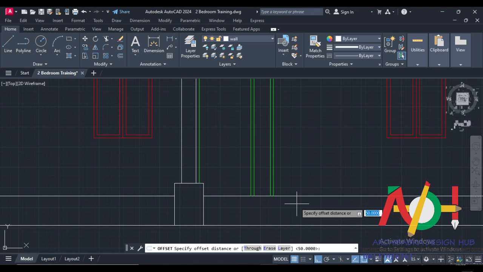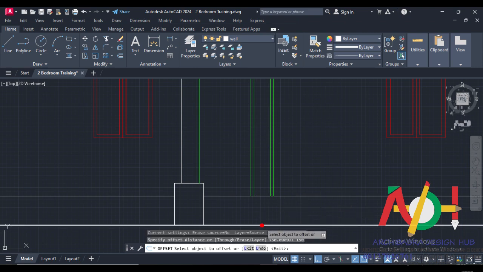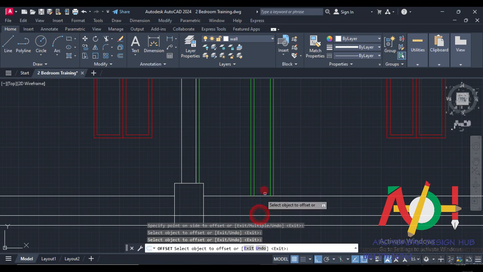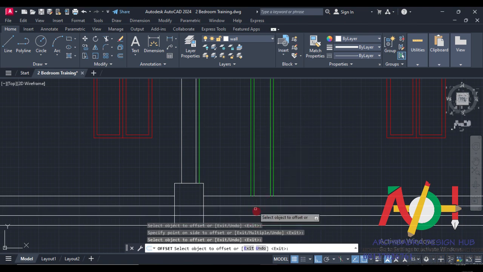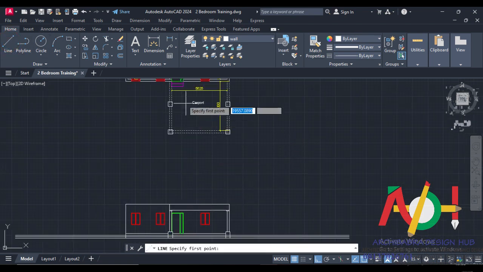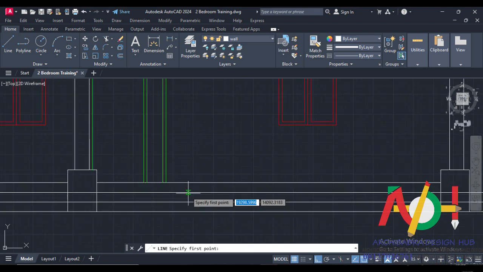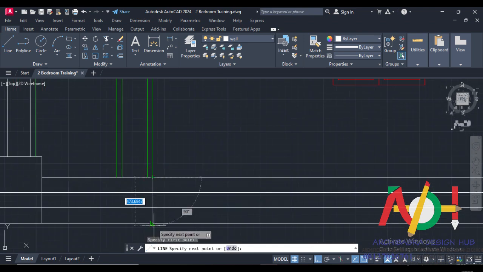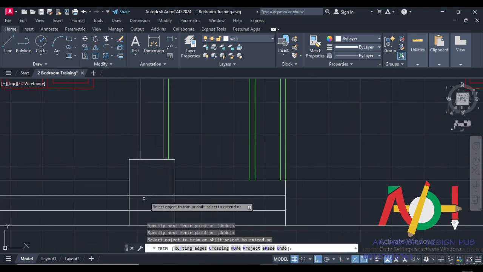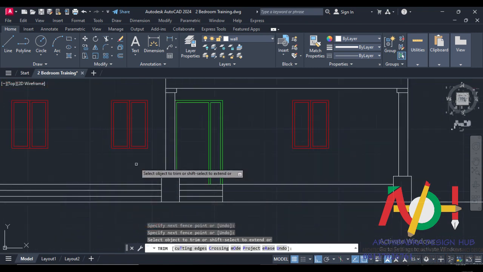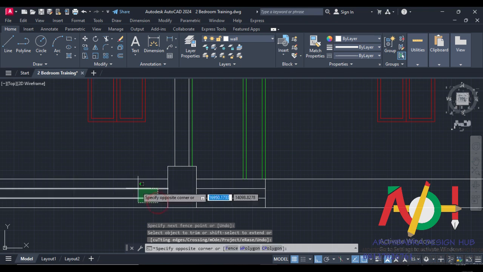So I'll set 150, I'll set upwards 1 and 2, and the step ends at the edge here, so it ends here. So I'm going to close up this particular side and then trim this side too, delete this one,